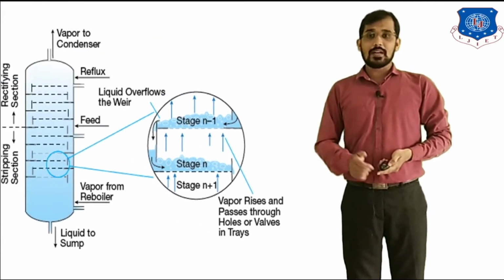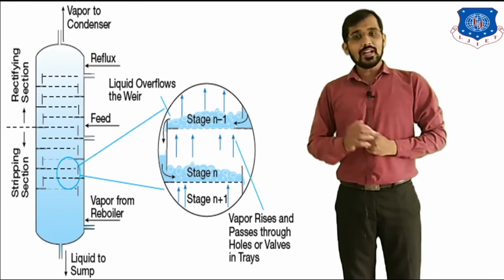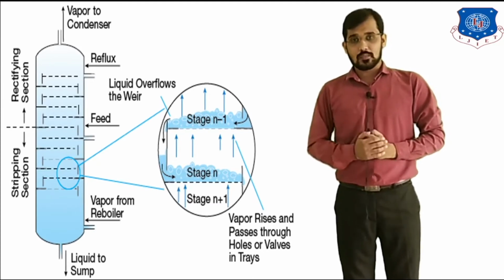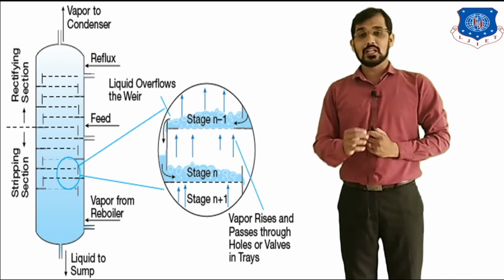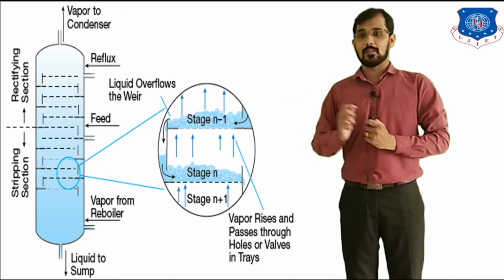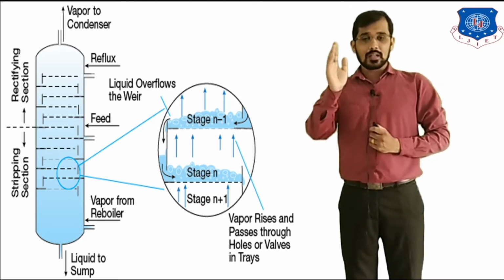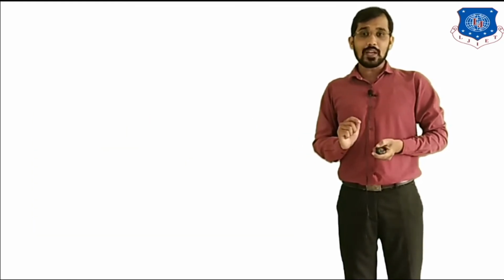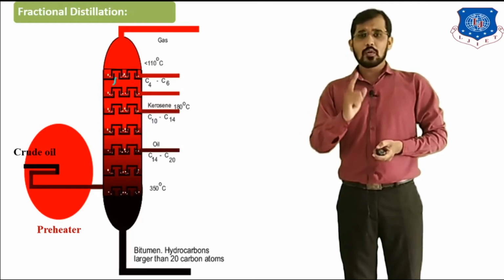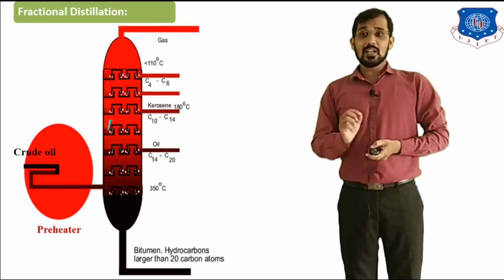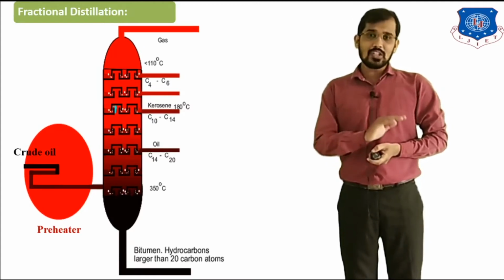This is the fractional distillation column and this is the conventional distillation column. Conventional distillation column means, suppose there is a binary mixture. Binary mixture means a two component mixture. To separate the components from the binary mixture, I will use a binary distillation column, that is nothing but a conventional distillation column. You can see in this figure there is a distillation column, one component is removed from the top section and another component is removed from the bottom section. But in the previous figure, we are removing multiple components from one distillation column. This is nothing but a fractional distillation column. This is the major difference between the fractional distillation column and conventional distillation column.